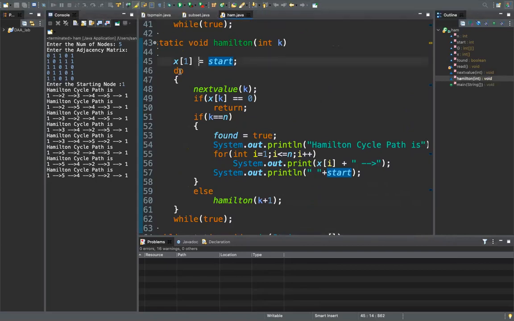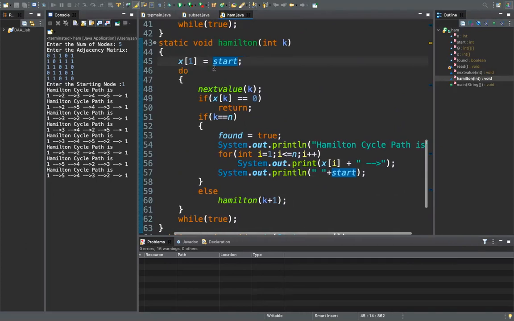See, the first value in the array, x of 1, I have told we will take as 1. That is nothing but the start vertex, the starting vertex value. It may be 2, 3 or anything. For our explanation, I have taken it as 1. You can give any other vertex here. So x of 1, that first location, the root node, will be that first value itself. Whatever starting vertex value you give will be the root node value. So x of 1 is equal to 1. From there we'll start.